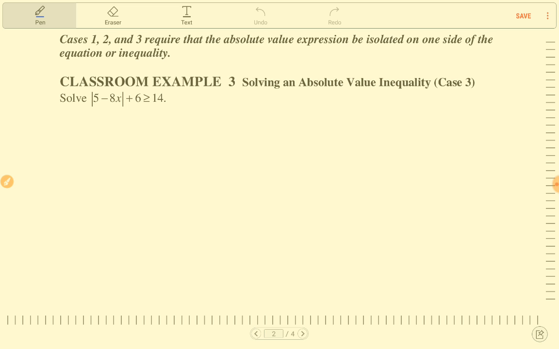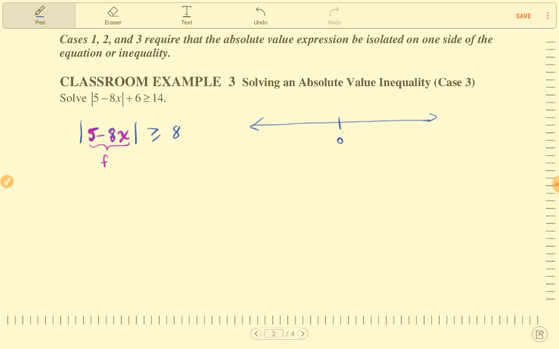And the first thing we want to do is isolate the absolute value expression, which I will do now. So I have the absolute value of 5 minus 8x, and I'm subtracting 6 from each side to get 8. Now I want to take the inner part of my absolute value expression, and I'm going to tell you what to do with it, but first I'm going to explain something about it. So that I can refer to it in a simpler way, I'm going to name this part f. And then I'm going to show you on the number line